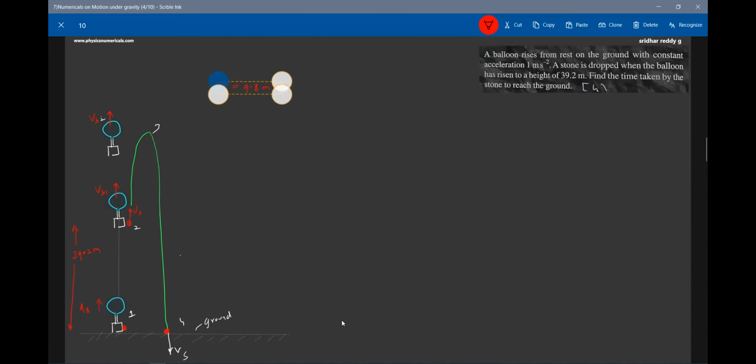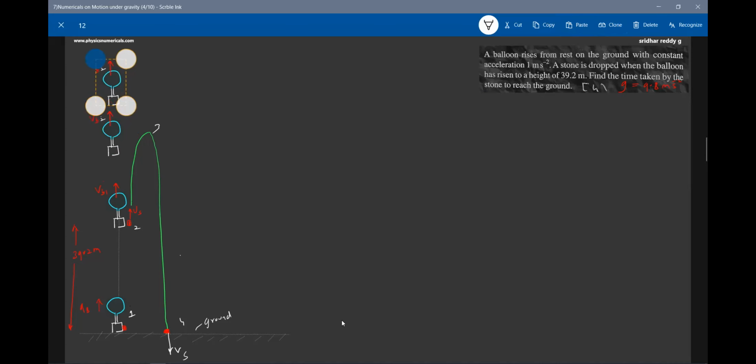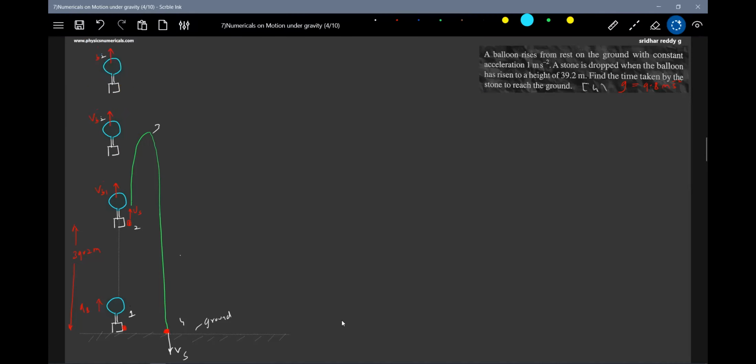Let me keep this question here. Now further again, what is the state of the balloon? The balloon will further ascend, and it will be somewhere here. Please try to analyze the motion, how that motion completely takes place. This will be VB3. I may ask you, when the stone strikes the ground, where the balloon will be, all that. So what is our primary question? Time taken by the stone to move from position 2 to position 4.